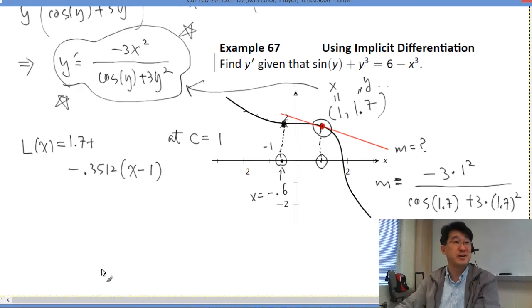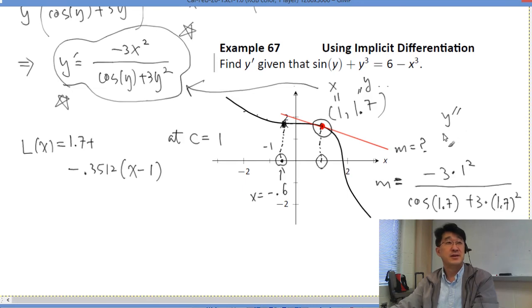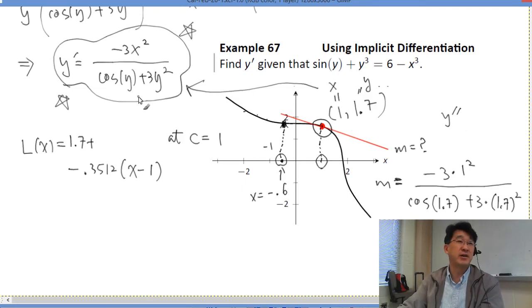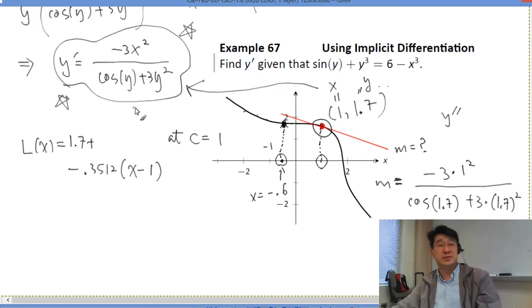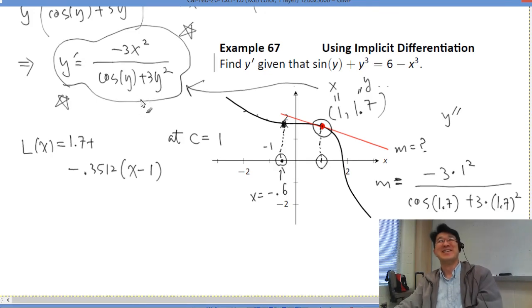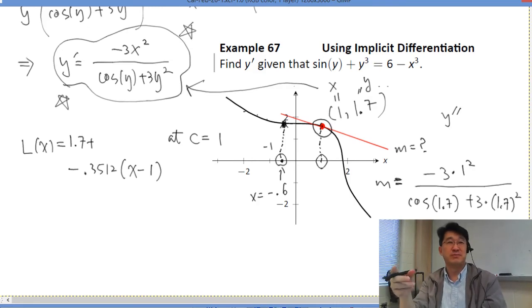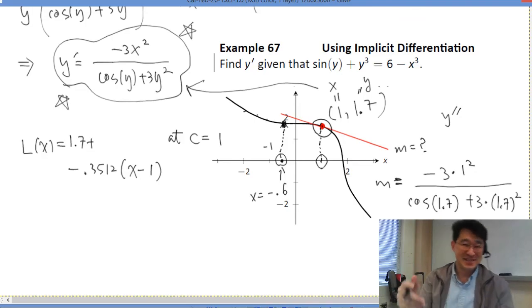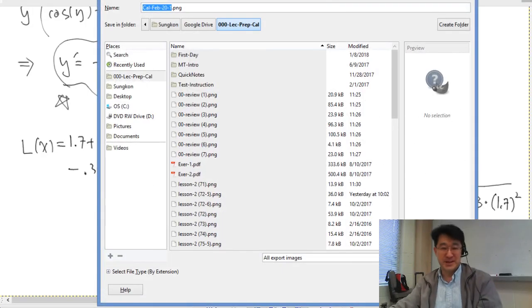You enter quadratic approximation. You've got to calculate what? Y double prime. You have to look at this expression in here and just go ahead and calculate the second derivative one more time. That's what the just do it is for. I know it's very reluctant to do it in the early morning, right? But for better